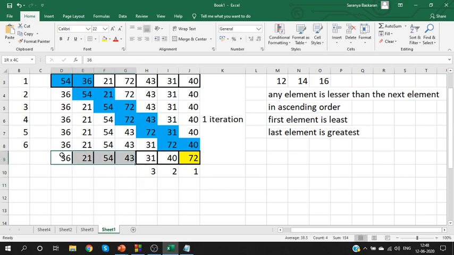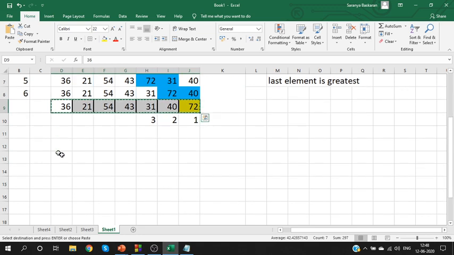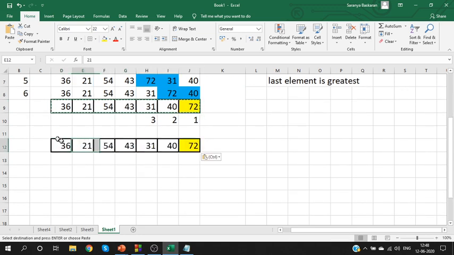See, if we repeat the same process again, compare 36, 21. Compare 36, 21, we will swap them. 21, 36, 54, 43, 31, 40, 72. Right. Next comparison, 36, 54.